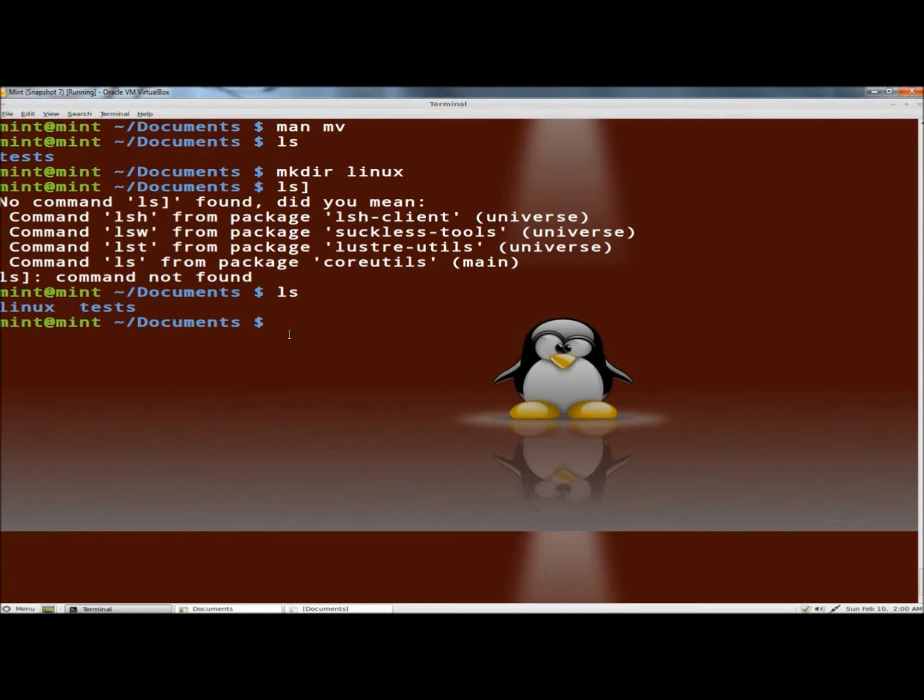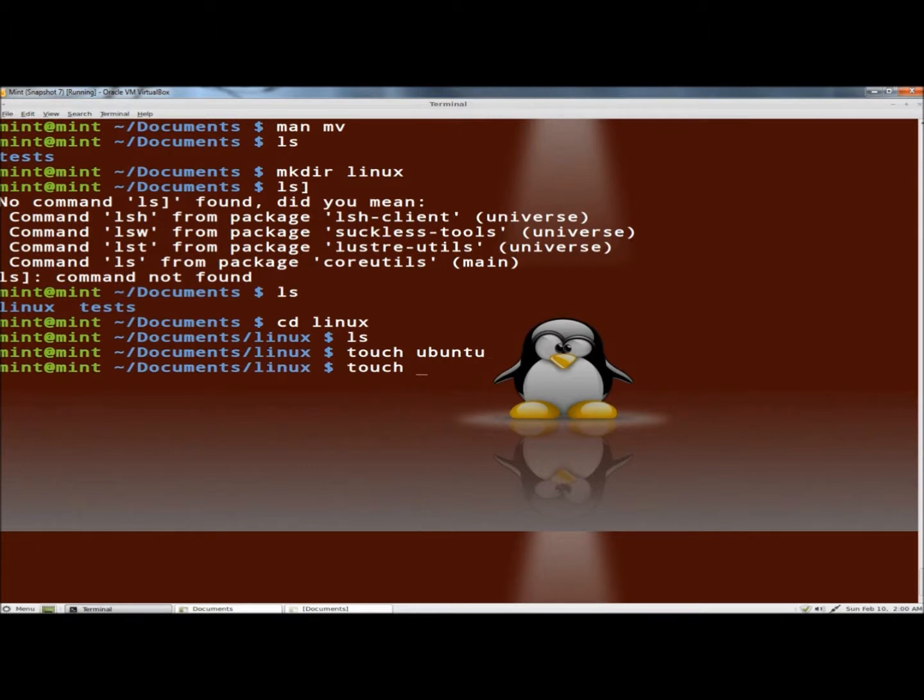And now I'm going to move into the Linux directory, so I'm going to type cd Linux and hit enter. And if I type ls, right now the directory is empty, of course. So now I'm going to create some files within this directory. I'm going to type touch Ubuntu, and hit enter. Touch Mint,